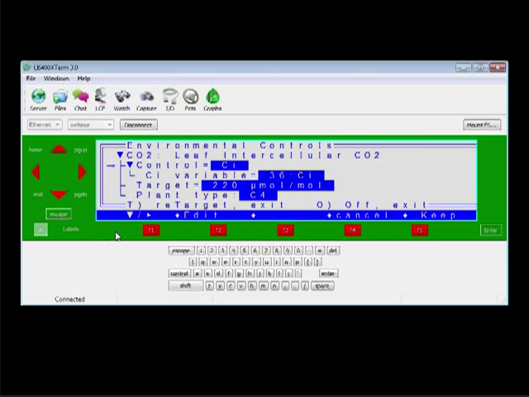CI, which is our calculation of how much CO2 is in the leaf, is a useful variable for understanding the way things are moving within and without the cell and the leaf. So sometimes you want to keep CI constant to know that it's not a variable, even if you change light or CO2, or, well, if you change CO2, it'll change. But if you change light or temperature or humidity or something like that, you want to know that CI stays the same. So you see that what I can do is I can say I want to control on CI,